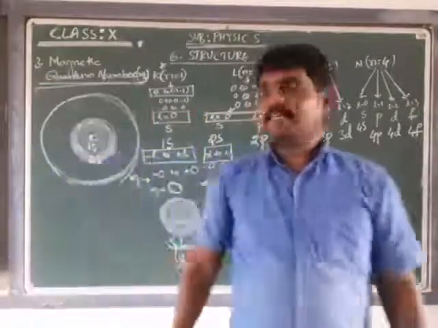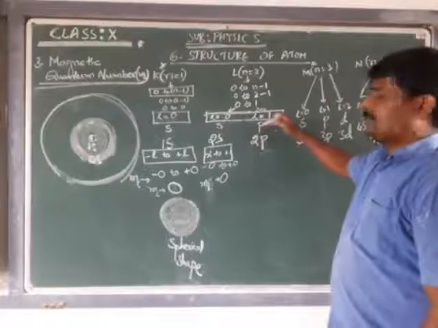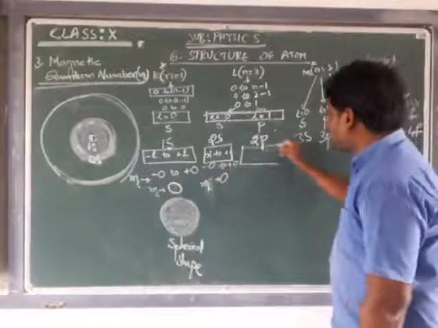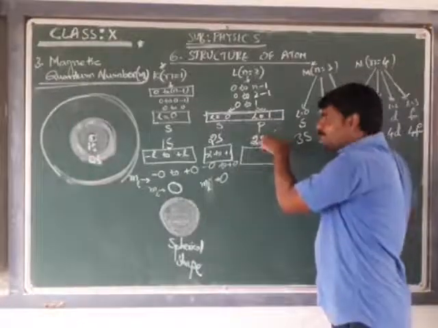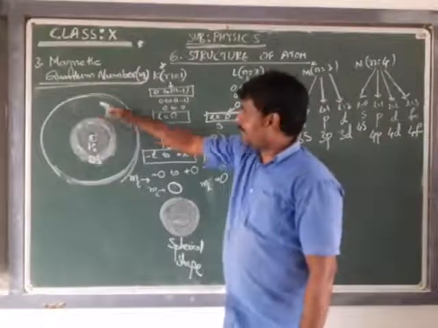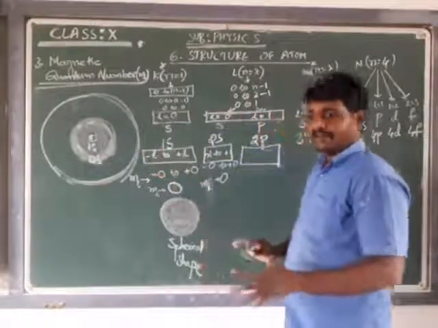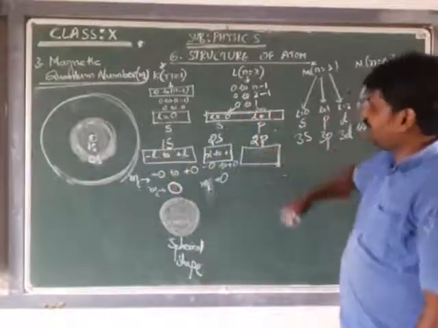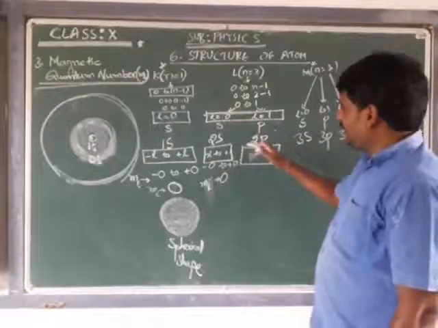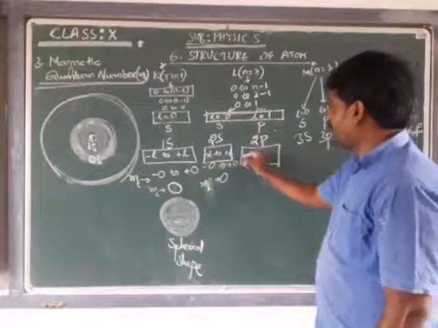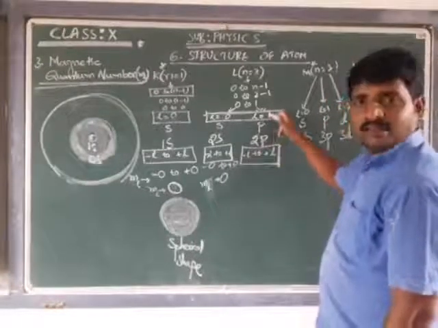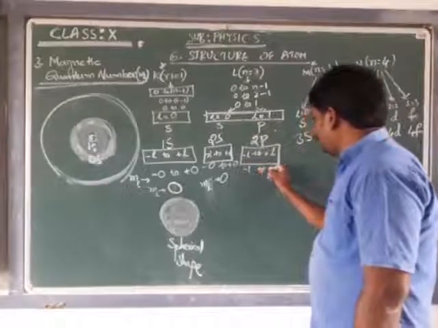Now let's consider what the Ml values are for the P subshell. That means how this P subshell is oriented or occupying the space of the atom. That's what we are going to learn. Very important discussion, try to understand. How to calculate the orientations? Same again, from minus L to plus L. What is the L value for P? That is 1. That is minus 1 to plus 1.